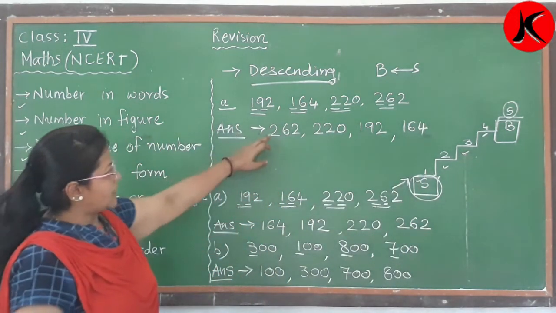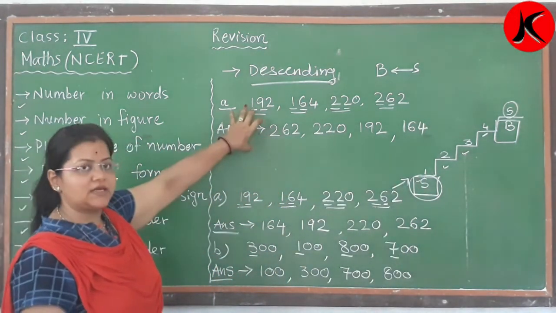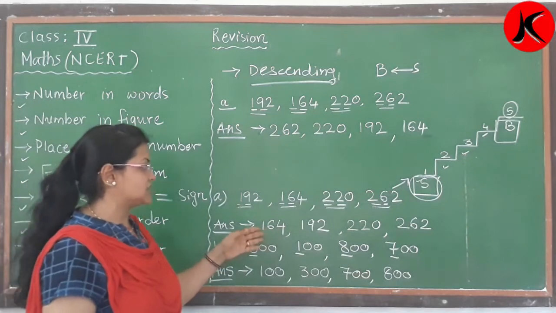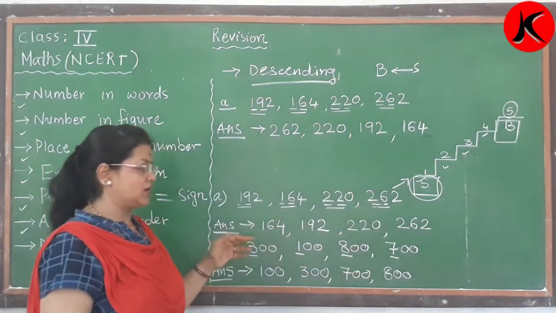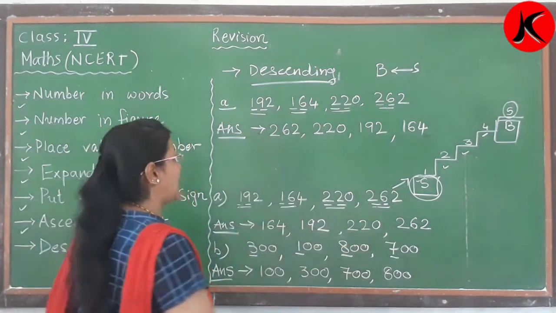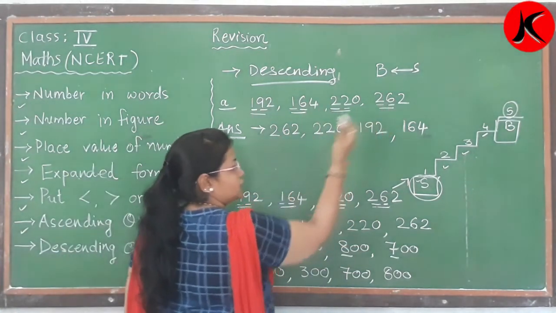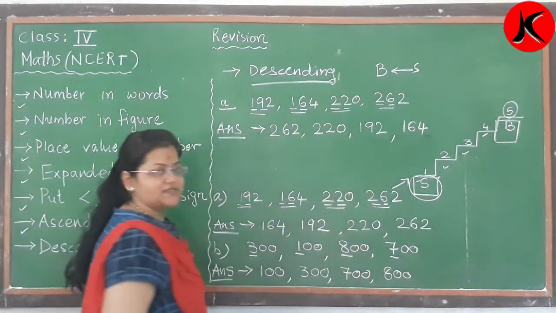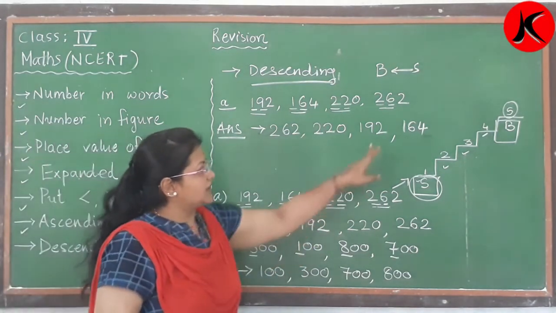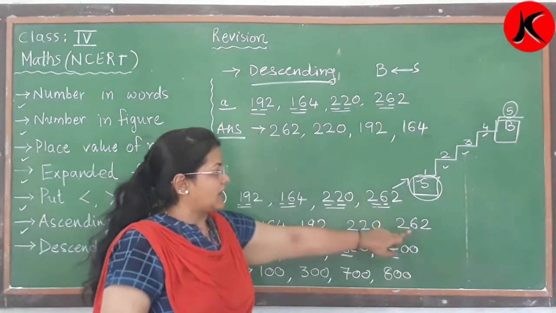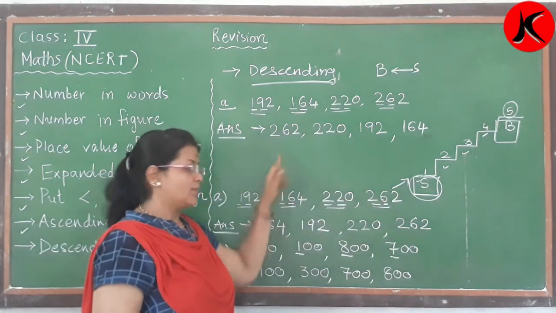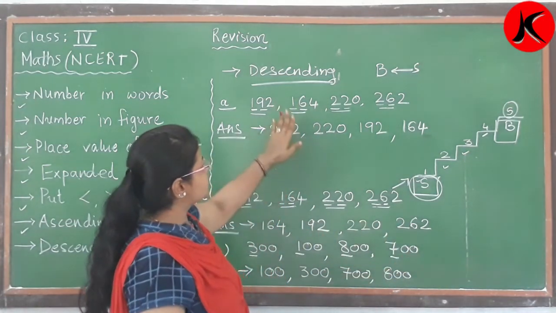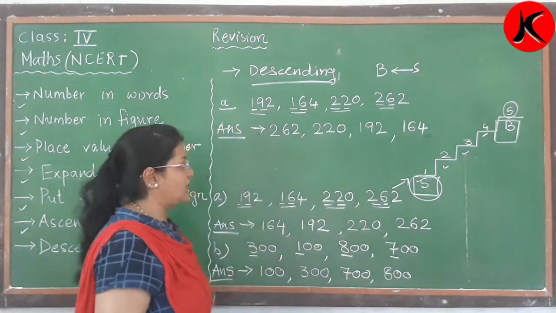164. Now compare the answers of ascending order and descending order. Questions are both the same. Here the answer is 164 first because this one is small to big. Ascending order, that means small to big. And here descending order, that means big to small. So the first one is 164, here the last one is 164. Right? Same 192, then 220 and the last one here is the first one. Because in ascending the big number is coming last and in descending the big number is first.